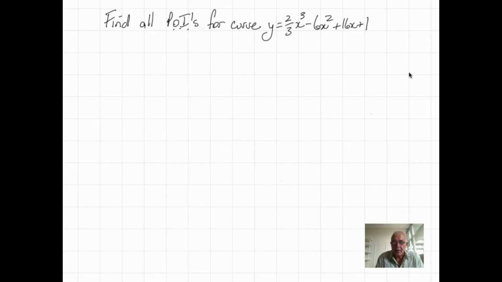Here we're asked to find all the points of inflection for the curve y equals 2/3 x to the power of 3 minus 6x squared plus 16x plus 1. So how do we attack this? Points of inflection, possible